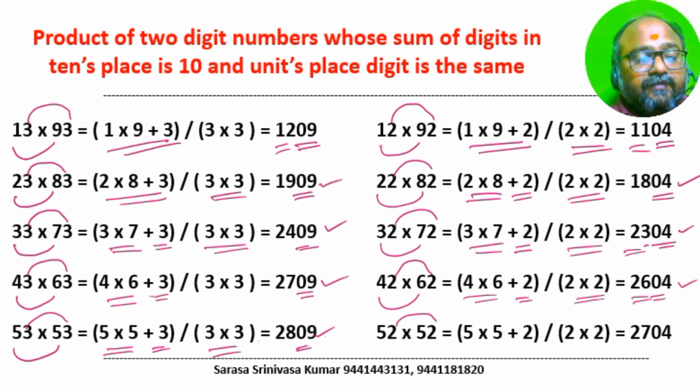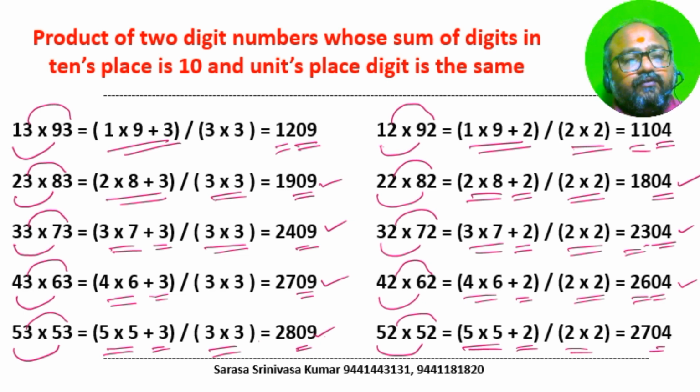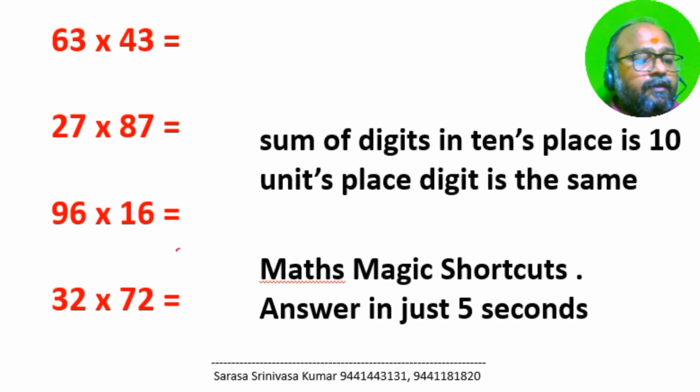Multiply the units place digits 2 and 2, 04. Multiply the tens place digits 5 and 5, 25 and add units place digit 2. 25 plus 2 is 27. So answer is 2704. So here the principle is the sum of the digits in tens place is